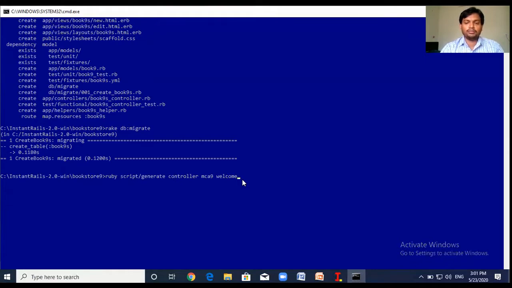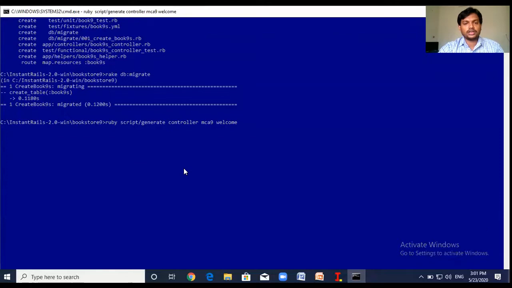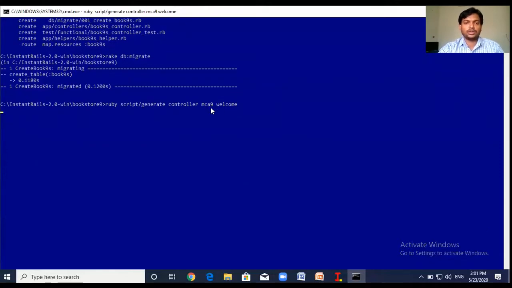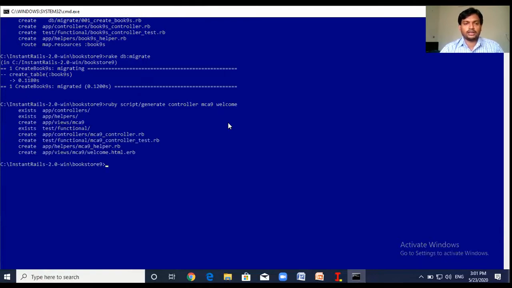This welcome page will be created in views. Now it is creating the controller as well as the welcome page. This welcome page will be like an HTML page, and we can also embed Ruby code in that page.